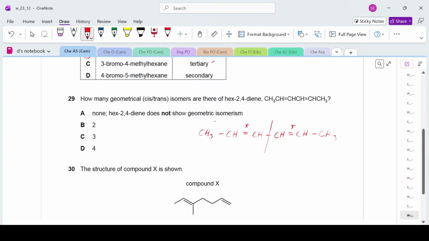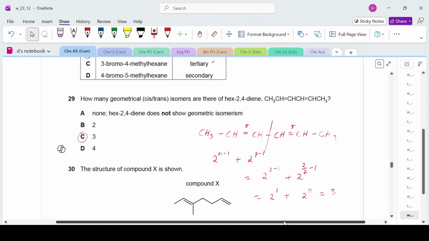আমাদের কেসে যেটা আমরা মাত্র করছি, this is the example, so line of symmetry আছে দুইটা, so the formula is 2 to the power n minus 1 plus 2 to the power p minus 1, 2 to the power 2 minus 1 plus 2 to the power 2 যেহেতু even, so divided by 2 minus 1, so it's 2 to the power 1 plus 2 to the power 0, 3. অনেকদিন ধরে এটা করে দেখানো হচ্ছে না, এটা আপনাদের সিলেবাসে নাই, বাট টুকটাক কোশ্চেন চলে আসে।